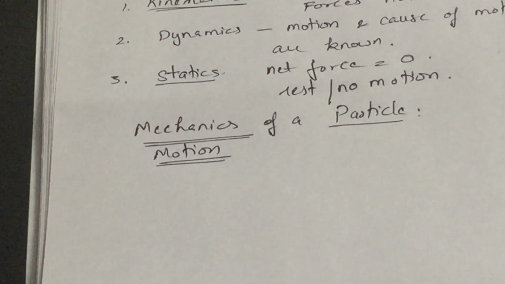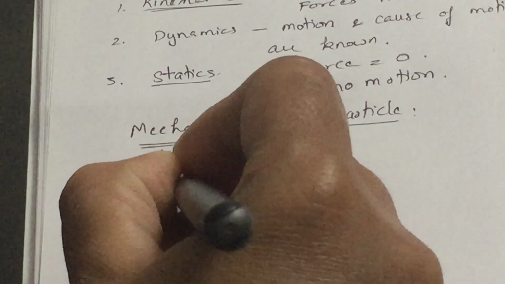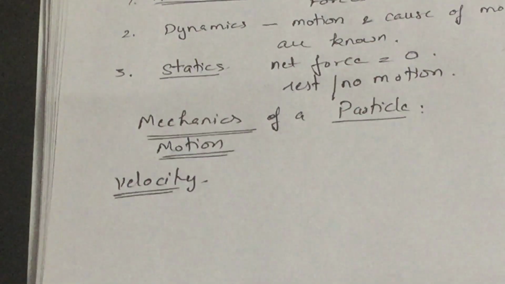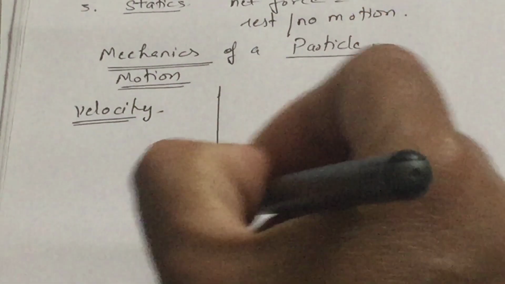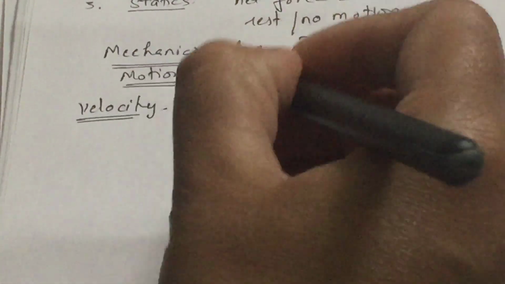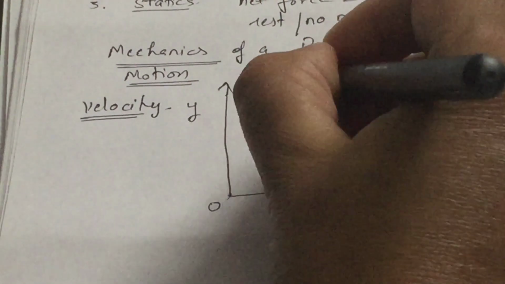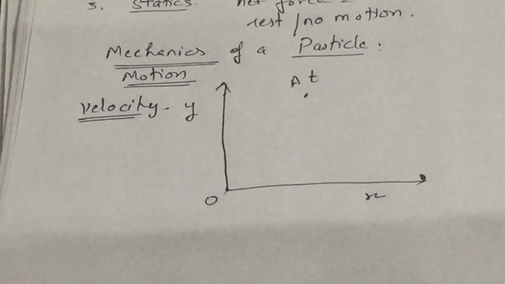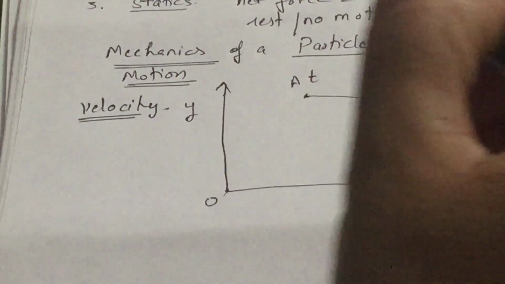Let us start with velocity. How will we find the velocity of a particle if the particle is in motion? Let us consider the particle is moving in the xy plane. It is a two-dimensional motion, and at any time t the particle is at point A, and after time